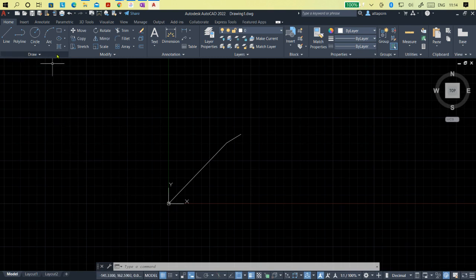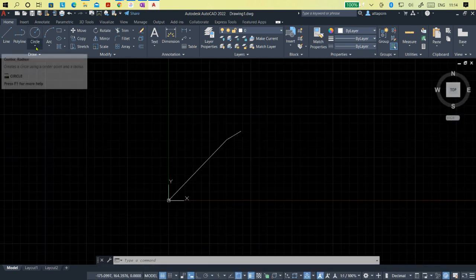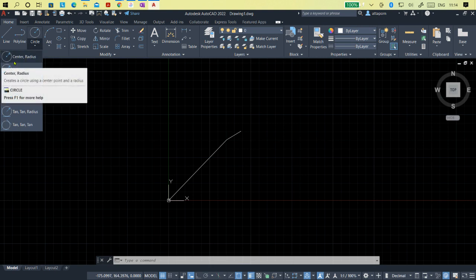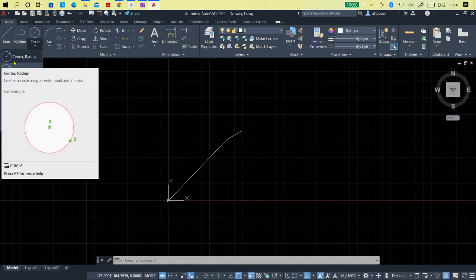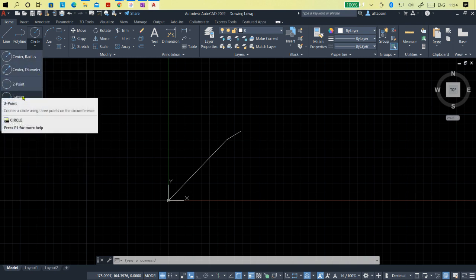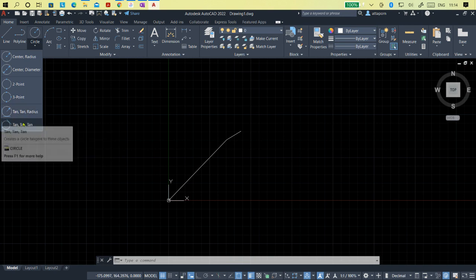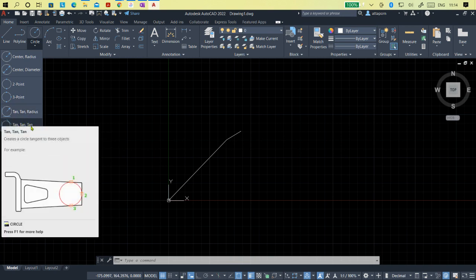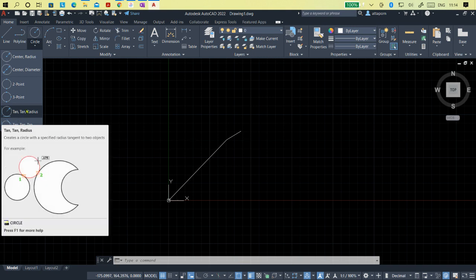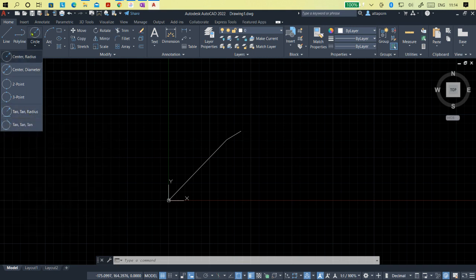And for the circle, you can click the dropdown here. See that we can create the circle by center radius, center diameter, 2 point, 3 points, tangent tangent radius, and tangent tangent tangent. We're going to use this later. For the first use, we use the circle by center radius